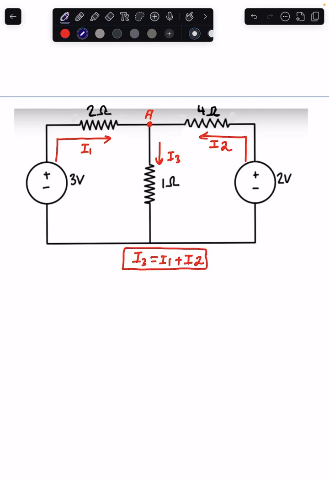Now let's assign the polarity of each component in the circuit. The point where the current enters will be positive, and where it leaves will be negative. Positive, negative. Oh, I reversed them. Positive,